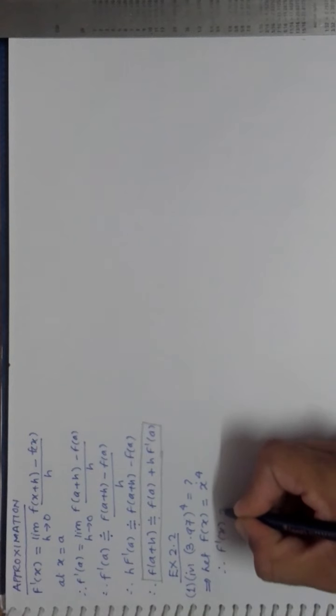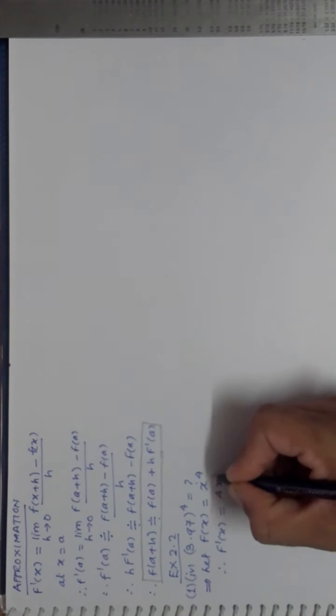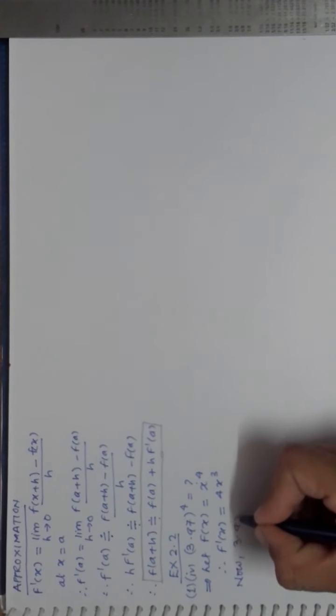Agreed? And in the formula itself you require the derivative also. So I will directly take the derivative of this, that is f dash x is equal to 4x cube. It is differentiation with respect to x only. Now this 3.97 I can write as nearby 4 only, no? Yes, nearby 4 we can take, because that is very near to 3.97. So it will be 4 plus minus how much?